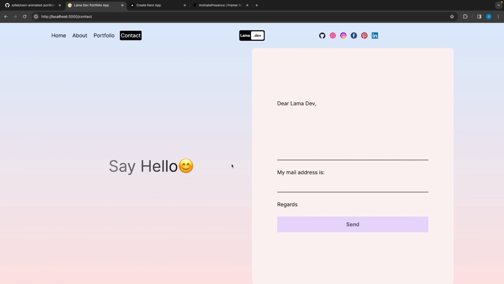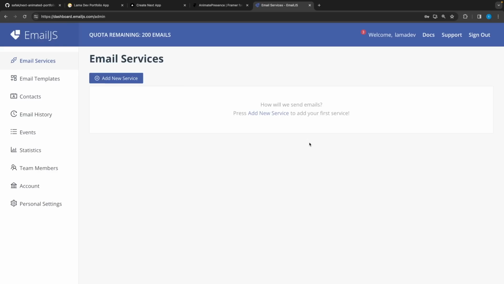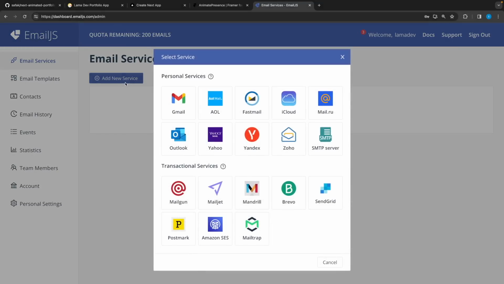To do that, we are going to be using email.js. I think it's the easiest way. It gives you 500 free email per day. If you visit email.js.com and sign in, you are going to see this dashboard. Let's add a new service. I'm going to add my Gmail account, connect my account,